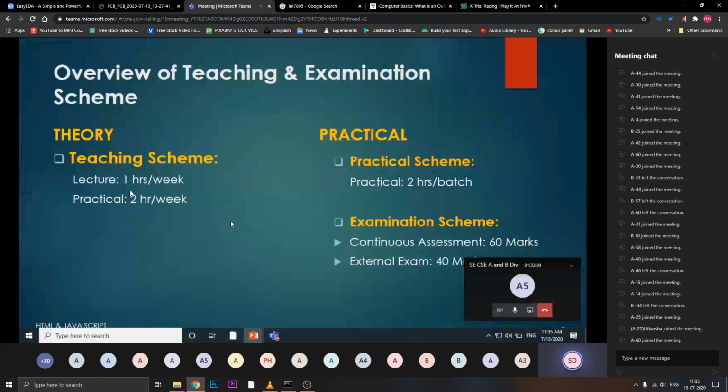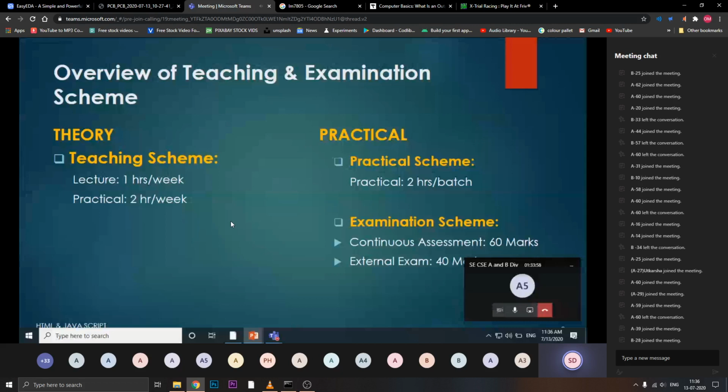Even though it is a theory lecture, you are not having the theory exam paper. In the theory lecture I'm going to tell you the theory points in the units in the subject. So one lecture per week we are going to meet for this subject, and we are going to see what are the contents given in this subject.